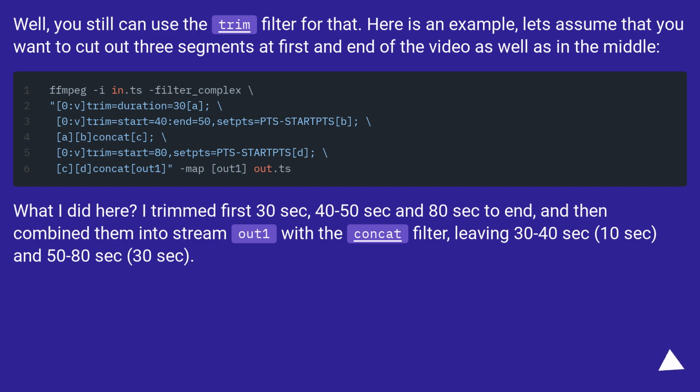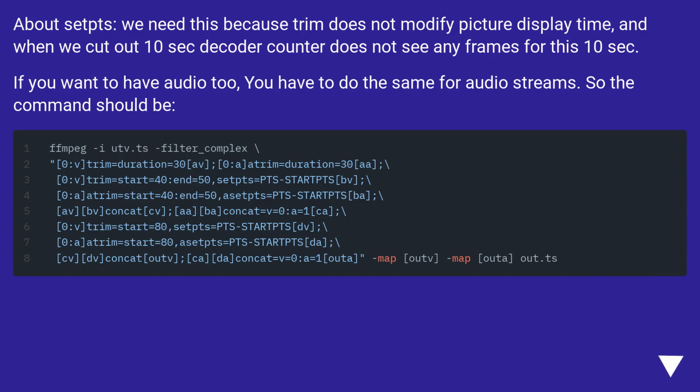combined them into stream out 1 with the concat filter, leaving 30 to 40 seconds, 10 seconds, and 50 to 80 seconds, 30 seconds. About setpts steps, we need this because trim does not modify picture display time, and when we cut out 10 seconds the decoder counter does not see any frames for this 10 seconds. If you want to have audio too, you have to do the same for audio streams. So the command should be